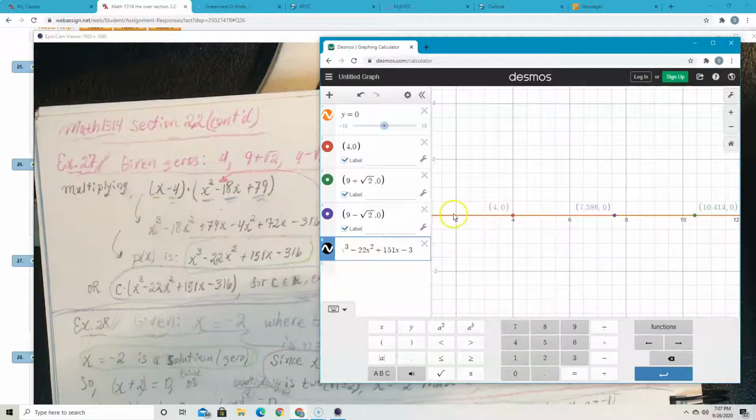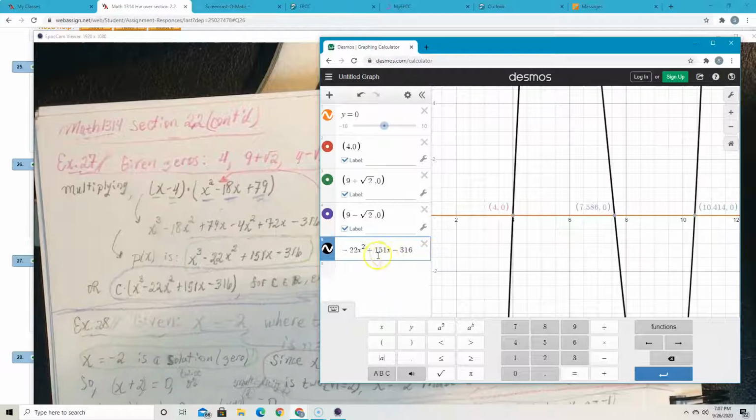Maximum number of turning points, the maximum is the degree less 1. Take away 1 from the degree, that's 2. 3 minus 1 is 2. At most, 2 turning points. At most, 2. Could be only 1 turning point or no turning points. Somehow it's going to have to turn here, though, to get back up to here and come back to here. So, okay, here's the big moment,